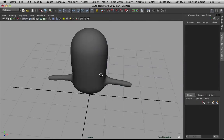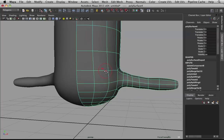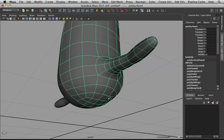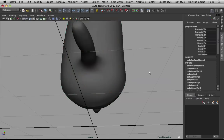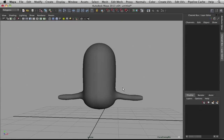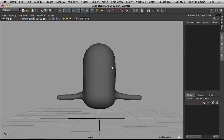Alright. Awesome. Again, let's sculpt geo this here in front. On the arm. Here in front. Here. And here as well. Okay. There you go. Alright. So that's half the work done. Well, not really, but